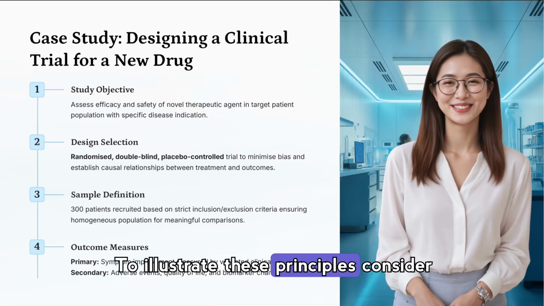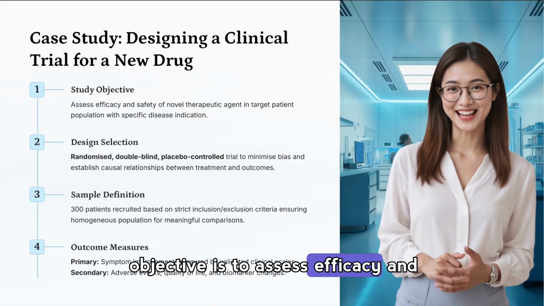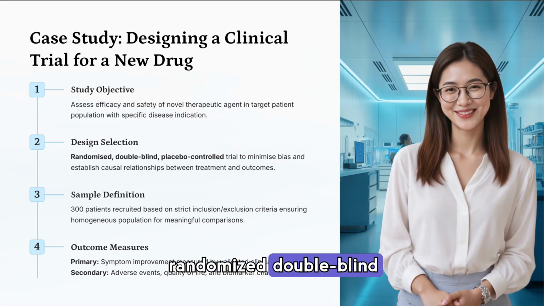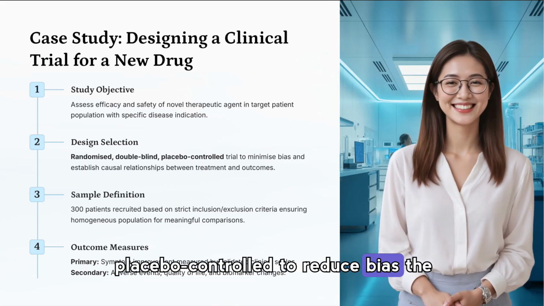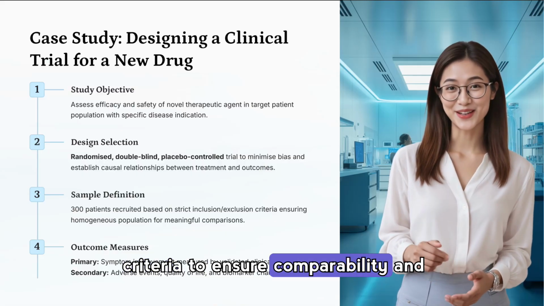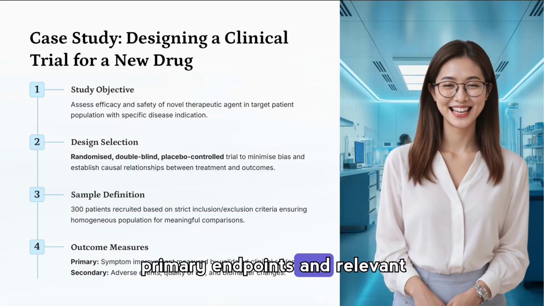To illustrate these principles, consider a clinical trial case study where the objective is to assess efficacy and safety of a new therapy. The design is randomized, double-blind, placebo-controlled to reduce bias. The sample is defined with strict inclusion criteria to ensure comparability, and outcome measures include validated primary endpoints and relevant